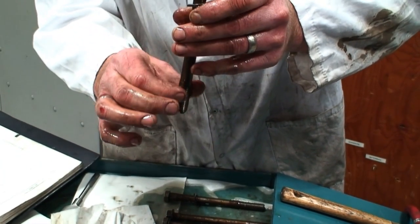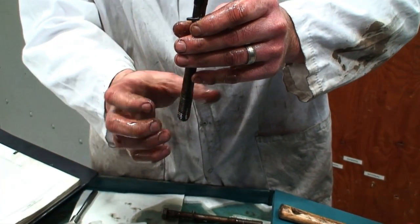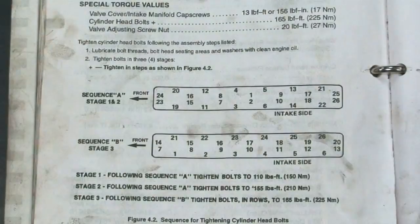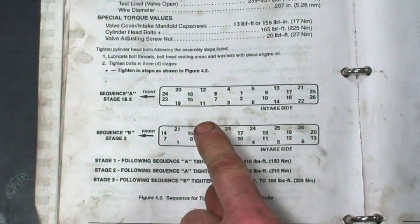If we do that and we torque it down, what can end up happening is we get hydraulic pressure built from the volume of oil, and it can fracture the block or change the torque rating, which affects how that engine stays together. So if we continue on, we're looking at the service manual now for the torque specifications,